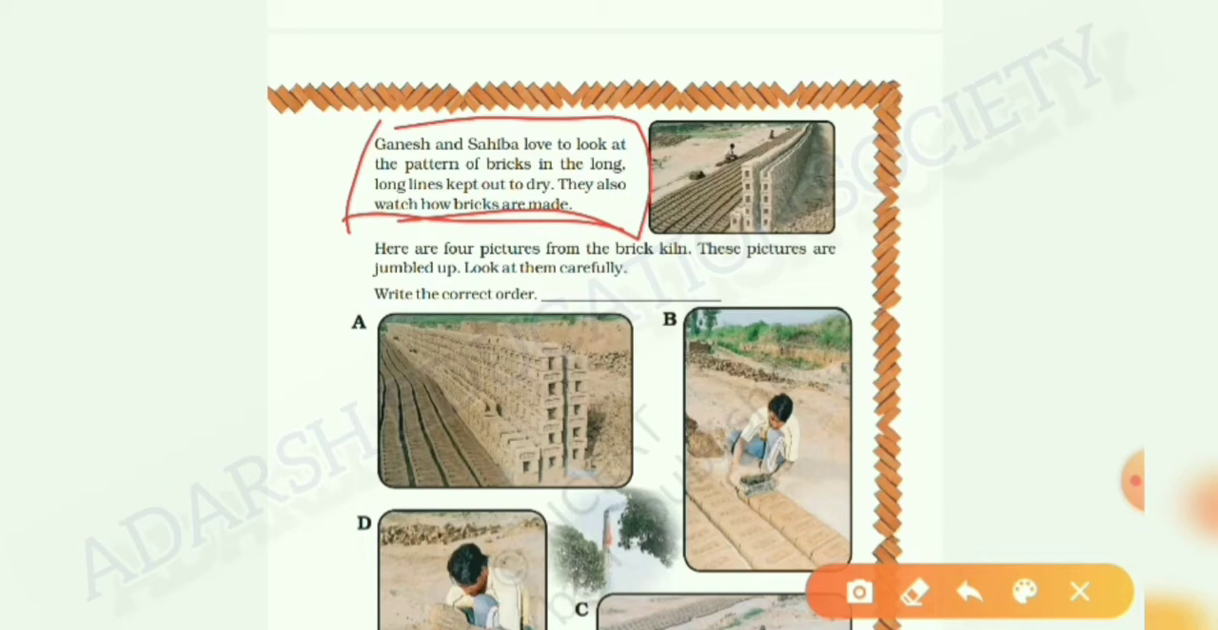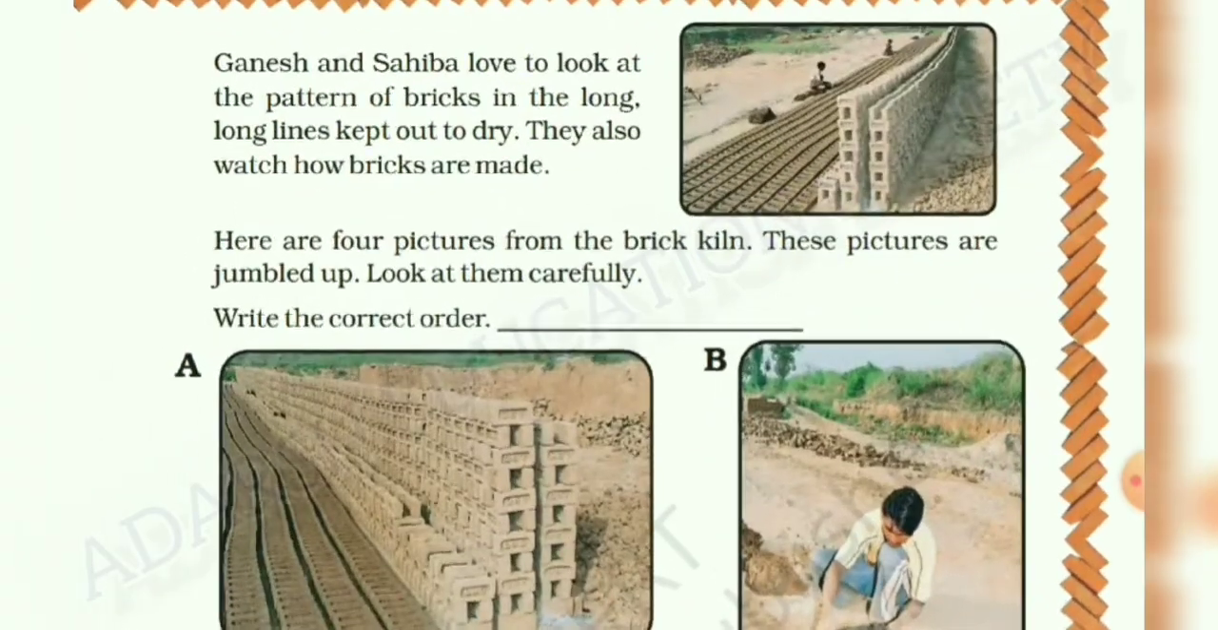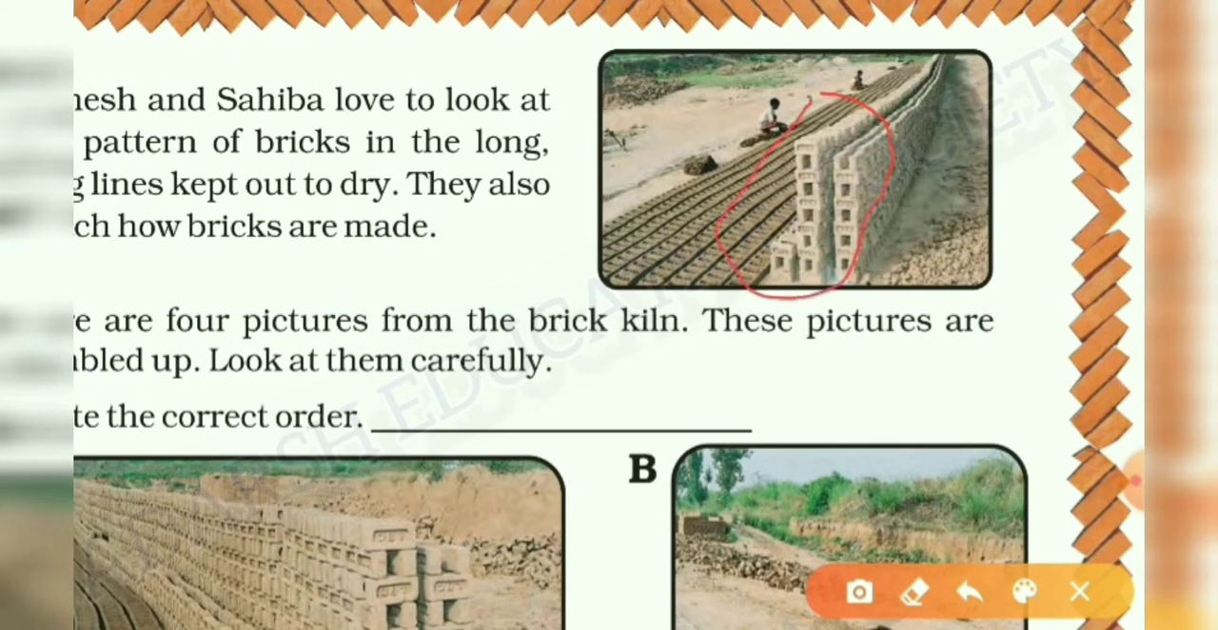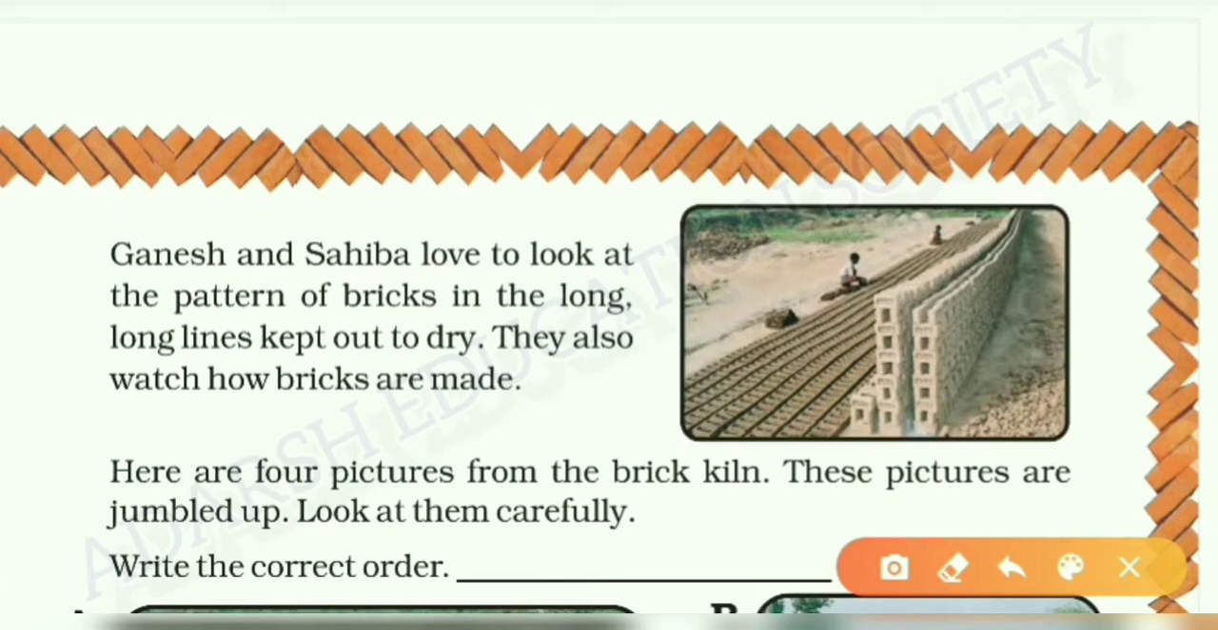Okay, in this picture we can see the bricks are arranged in a long line. Here in this picture we can clearly see these bricks are already dried up, and in this picture this man is sitting inside the bricks, right? This man arranged the bricks for drying. Okay children,